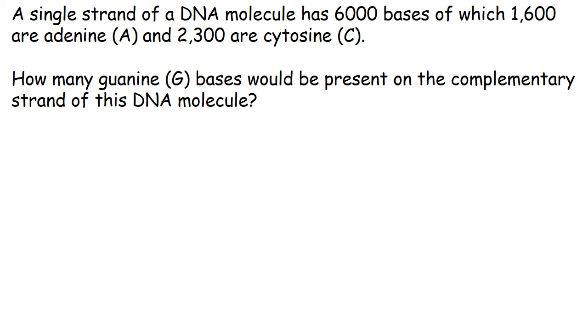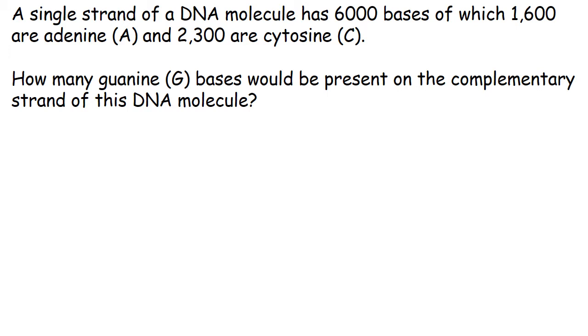This week we're looking at DNA and the production of proteins, and what I'm going to do here is just go through an example of one of the types of problem solving questions that can come up within this topic. So the question says that there's a single strand of a DNA molecule which has 6,000 bases. Of these bases, 1,600 are adenine and 2,300 are cytosine. What the question wants us to work out is how many guanine bases would be present on the complementary strand